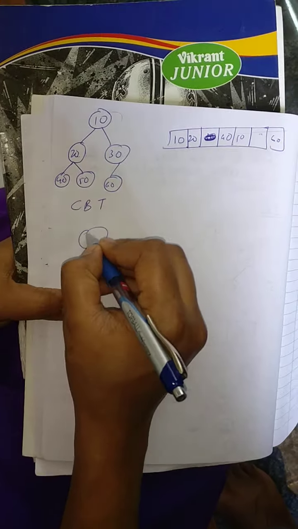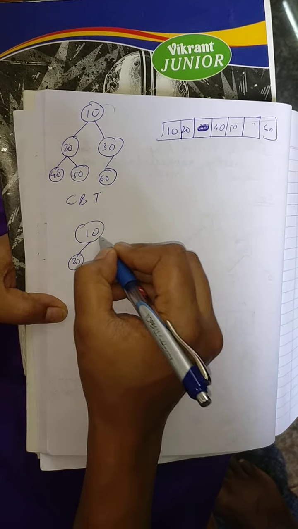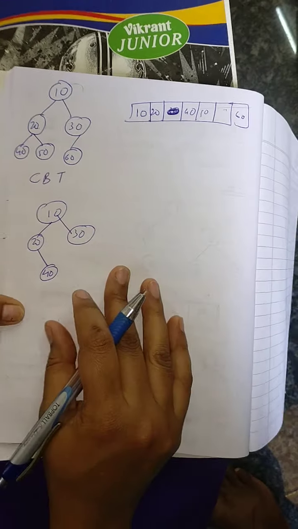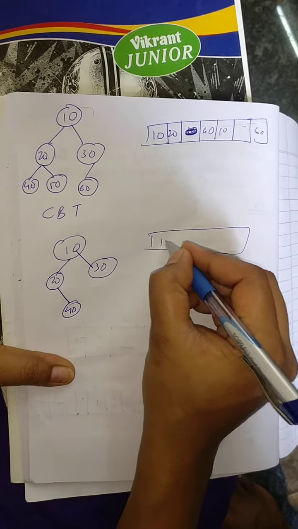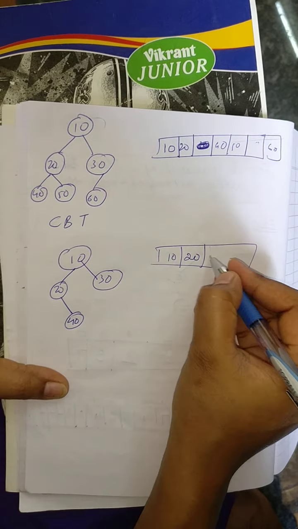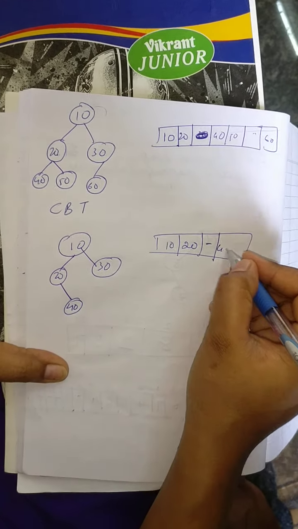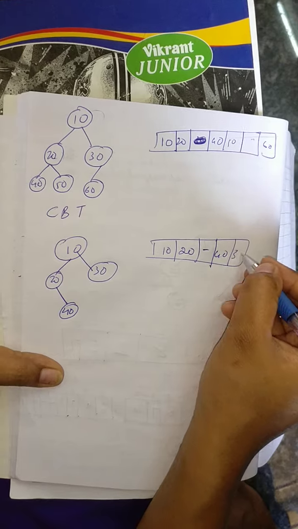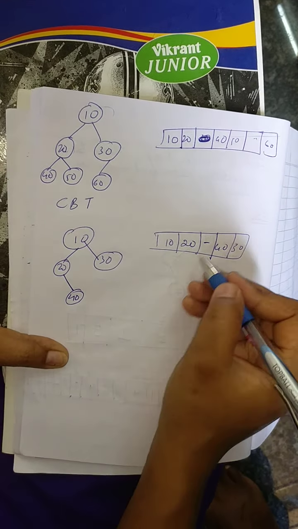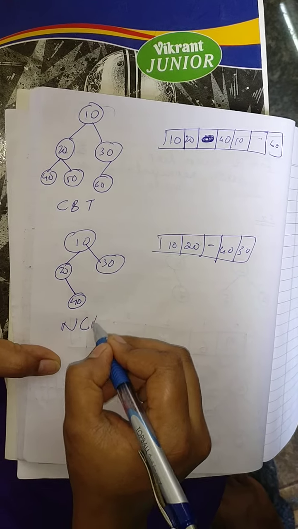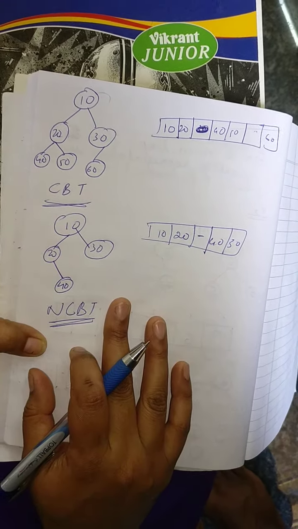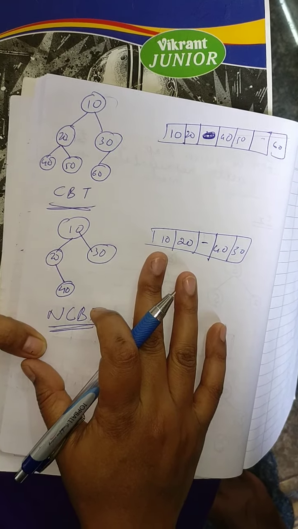But next example, 10, 20, 30, I have 40 here. Next, coming here, represent 10, again I have 20. Do I have a left child here? No. Right child, yes, 40. Next parent, yes, 30. Now I have a dash here, that is without the left child, yes. This is not a complete binary tree. So this is how you represent a complete binary tree and a not complete binary tree. I think you got this now, correct?